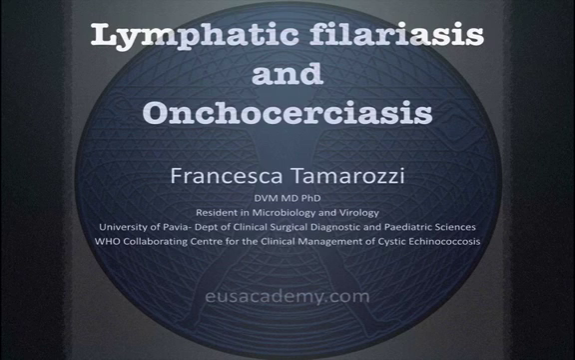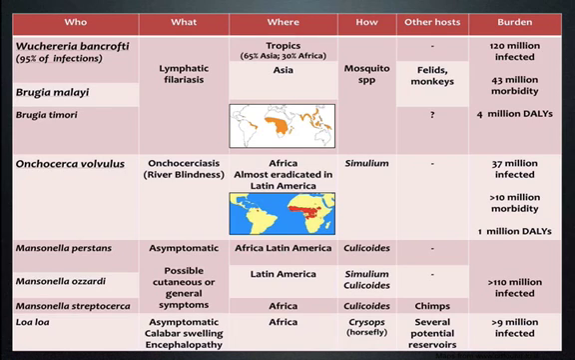Hello. The topic of this presentation is the use of ultrasound in filarial diseases. Human filarial diseases are caused by 8 species of nematodes transmitted by vectors. This table summarizes the characteristics of these infections, their geographical distribution, their vectors and possible animal reservoirs, and some figures